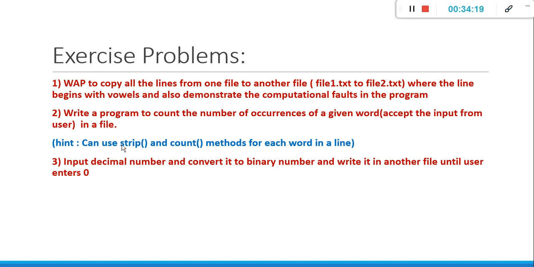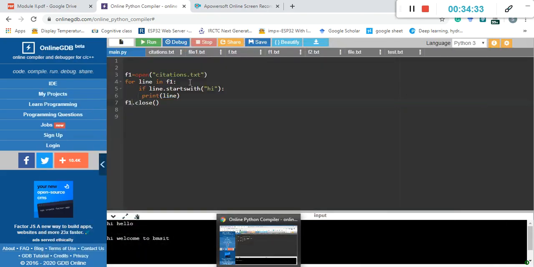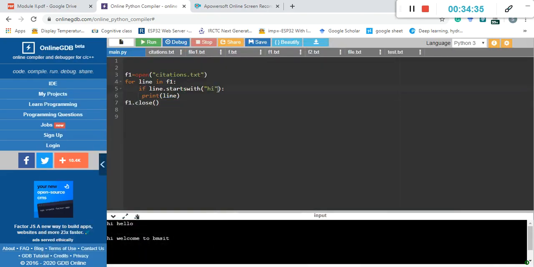Since it begins with a vowel, you can use the predefined function called startswith. I have a, e, i, o, u. I cannot use the AND operator to know whether it is starting with that or not. So what I can do is assign a vowel